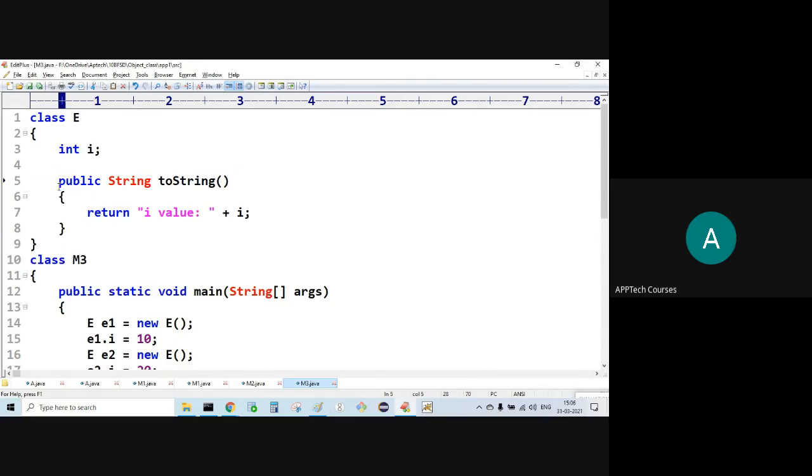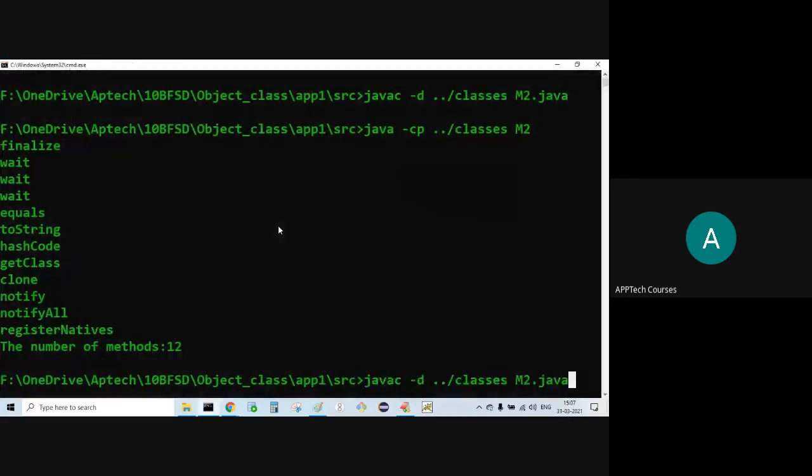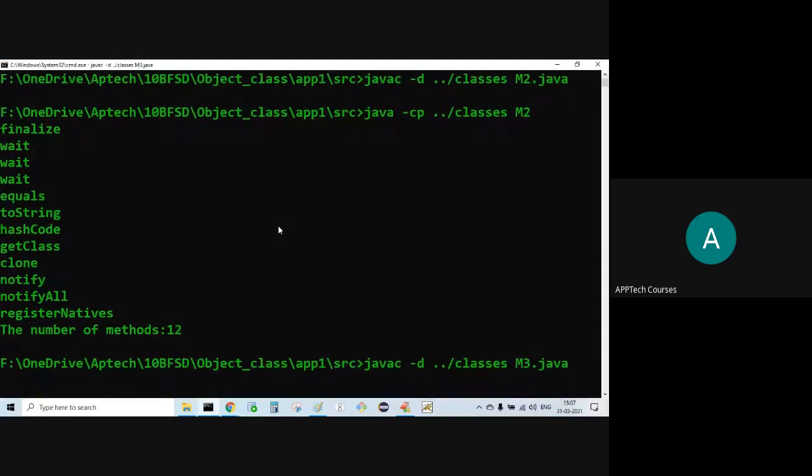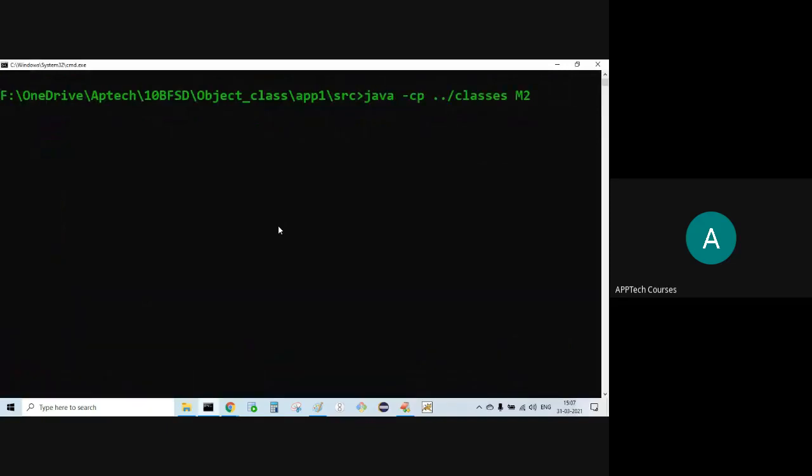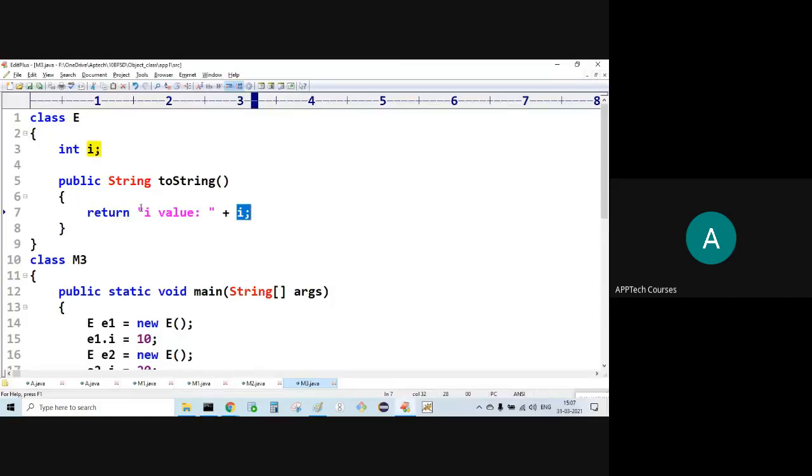I have overridden toString. Where is i written? i colon, then the second time i colon 20. Let's say here, can I supply i directly? Possible?